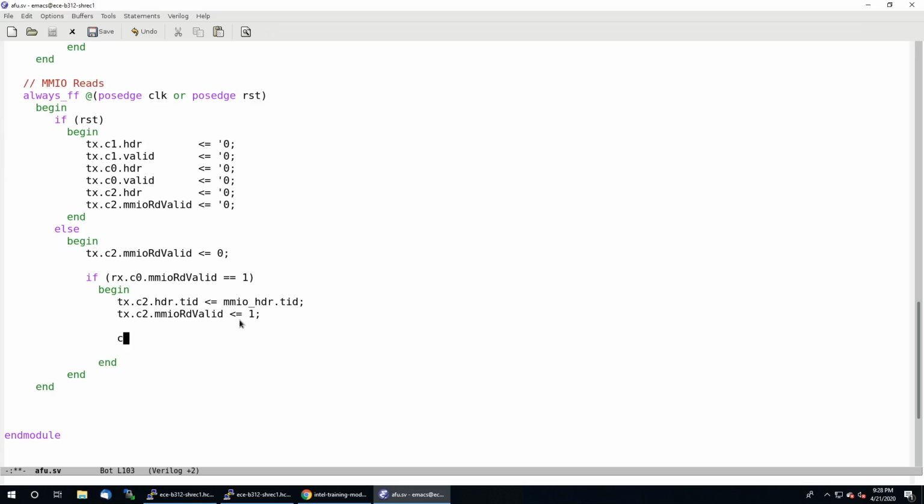And then finally, we have to actually provide the data that is being requested. And so the processor provides an address, and we have to look up the corresponding resource based on that address and provide that data back to the processor. So what that means is we need to check to see what address is being requested for the read. So again, we do that the same way we did before. We look in the MMIO header,